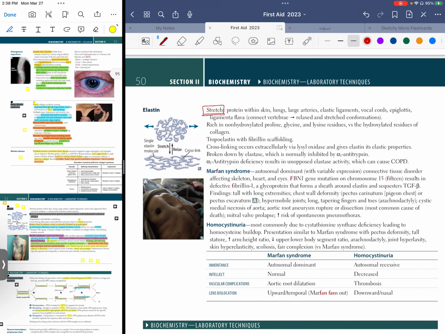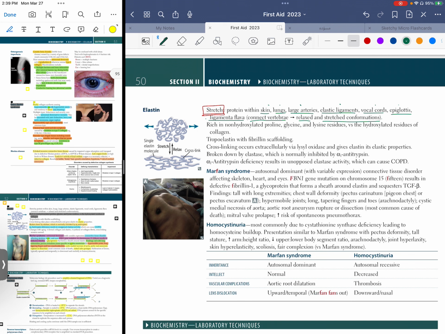So for elastin, it's a stretchy protein within the skin, lungs, large arteries, elastic ligaments, vocal cords, epiglottis, and ligamenta flava, which does the work of connecting vertebrae together. It has relaxed and stretched conformations. It could be either relaxed or stretched or pushed together, and that's how they connect the vertebrae to each other. So elastin is found in the skin, lung, large arteries, elastic ligaments, vocal cord, epiglottis, and ligamenta flava,